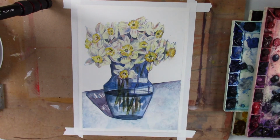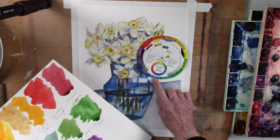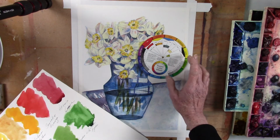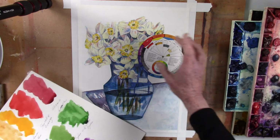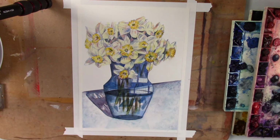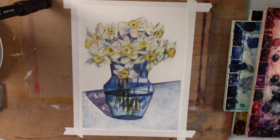Now, if we look at the color chart, okay, we have this blue, we have this violet, and we have this yellow. But mostly we have blue and yellow. And here, the opposite is this red. I think there's a side of me that says this cadmium red might be good. But it is such a big